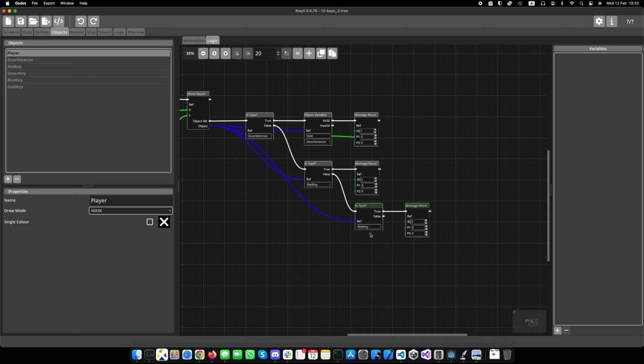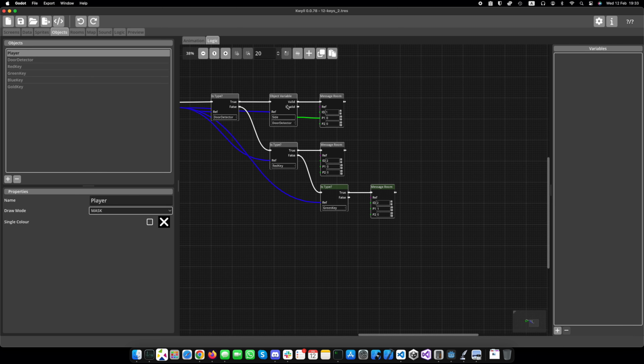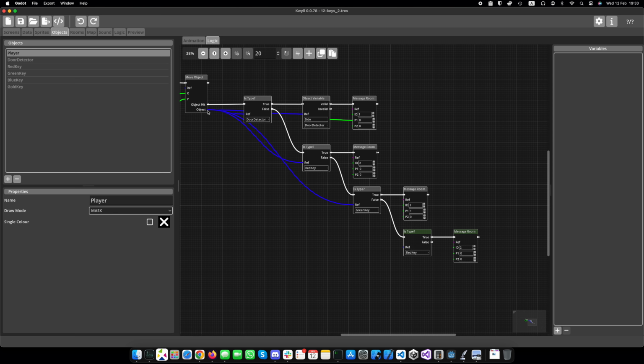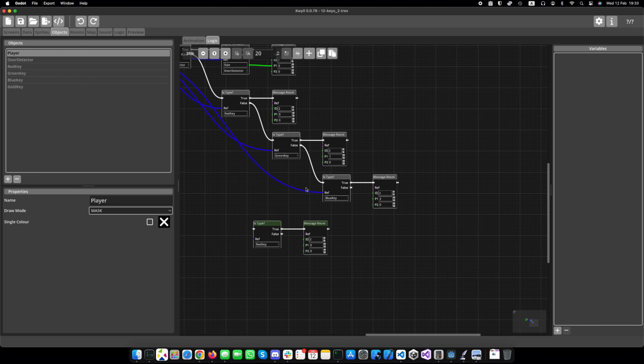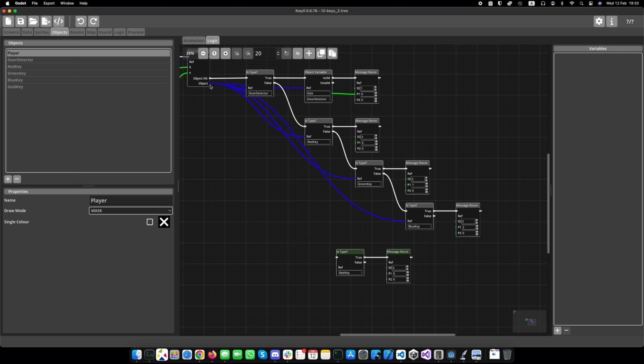So we just duplicate this very quickly for each one. It's very simple. Green key is parameter type 1, and then blue key will be, if it's type blue key, we want it to be parameter type 1. Parameter 1 will be type 2, and then finally duplicate it one more time for the gold key. Connect up the object reference that came back from the collision check,